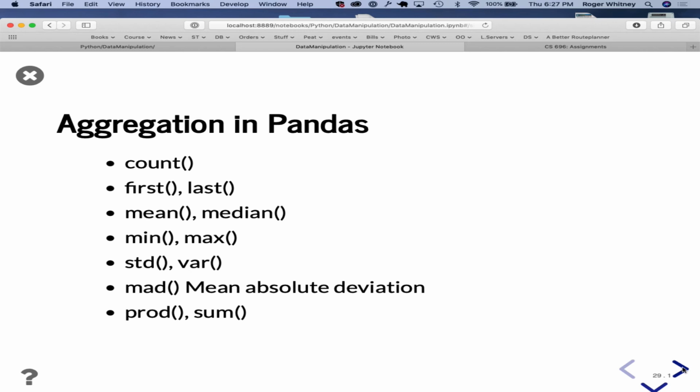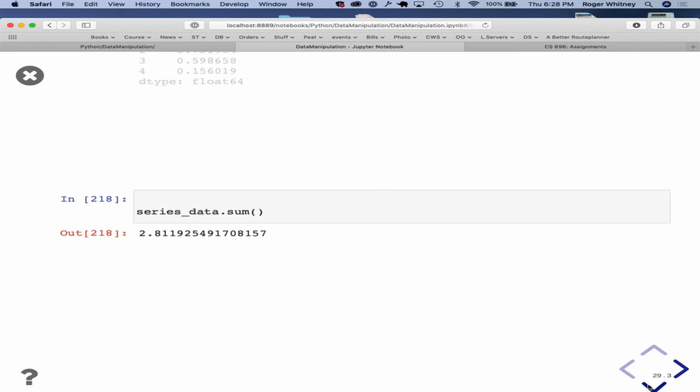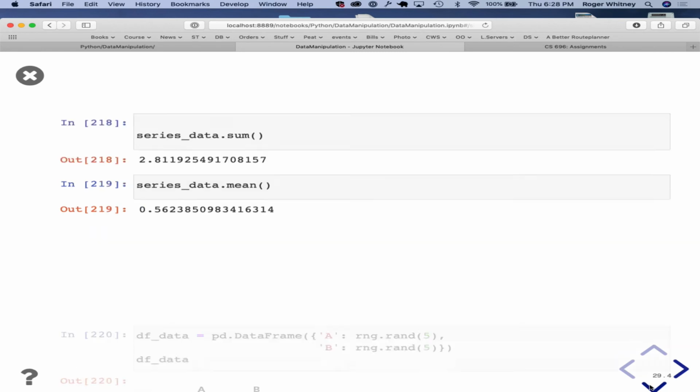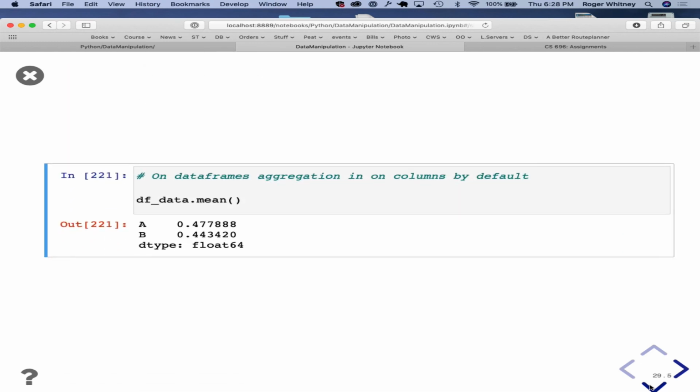Aggregation is just finding counts and first and last and mean and median, just various. Again, just some fake data, and then we can sum it up, right? Give me the sum, give me the mean. The data frame with a bunch more fake data. Now I can say, give me the mean.